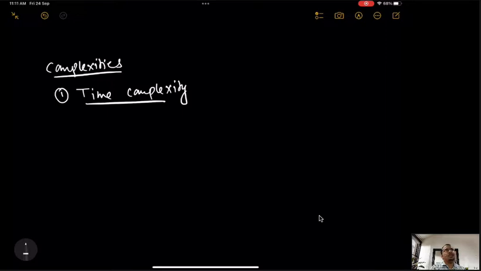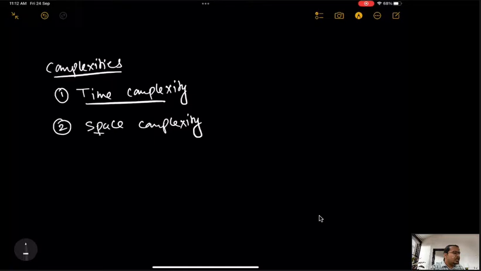Before that we also discussed the complexity of an array. What is the complexity of insertion of one element, deletion of one element, or display of all elements? When we want to display, we display all the elements, not one element only. But when we insert, we insert one element, we don't insert n elements at a time. So that's what we have discussed, but only in terms of time. We have not discussed in terms of space. So let's talk about the space complexity today.